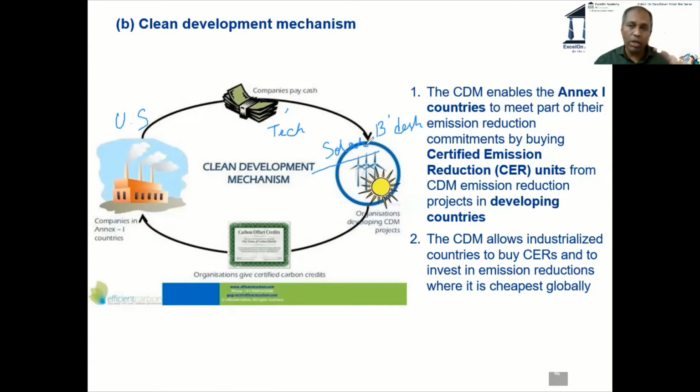You have to constantly remember this, because if you don't, carbon trading and CDM can be very confusing for a first timer. That's why I'm taking time to explain the difference. There was no project. It was simple accounting. I give you money, now my emission has got reduced by 200 tons. Here it is not that. You're physically spending money and also technology to build a solar project in a developing country, Bangladesh.